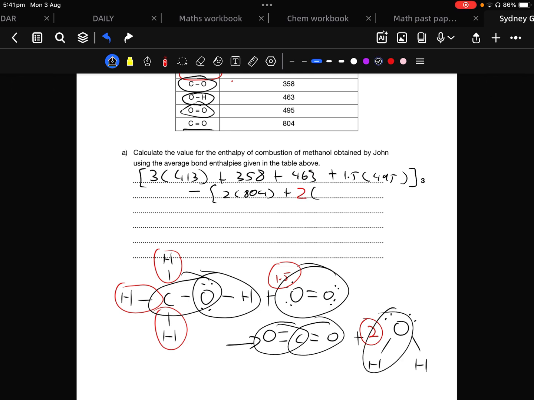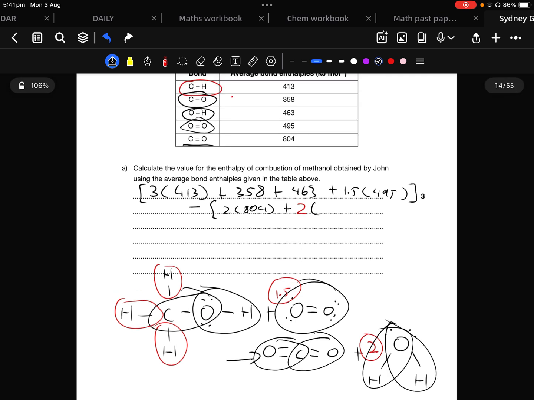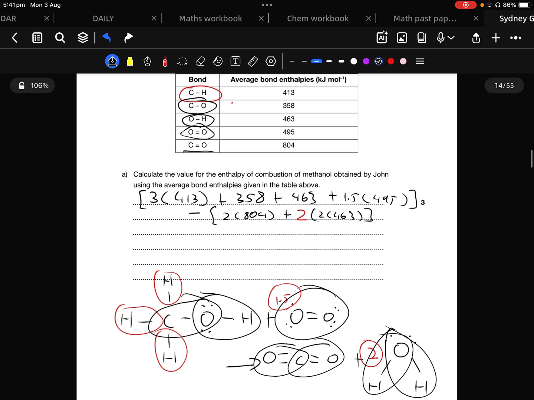And we got two hydrogen to oxygens. And now this should give us our delta H of the whole reaction, the enthalpy of combustion,